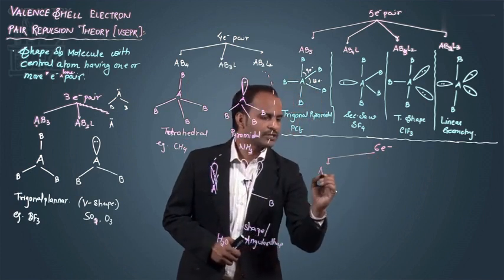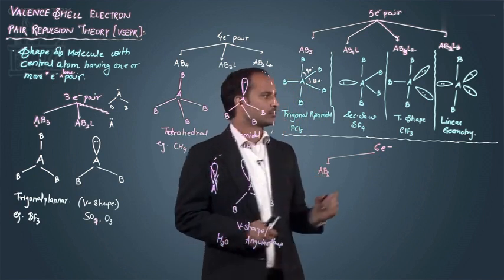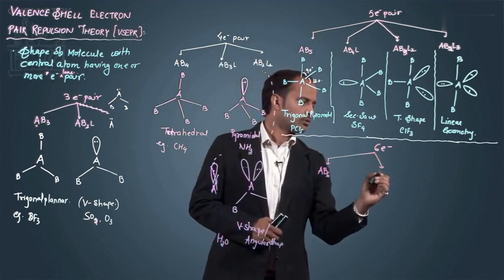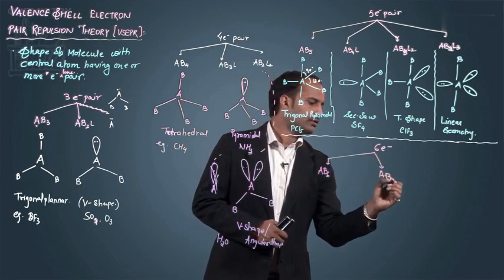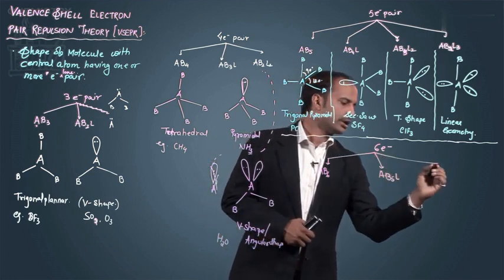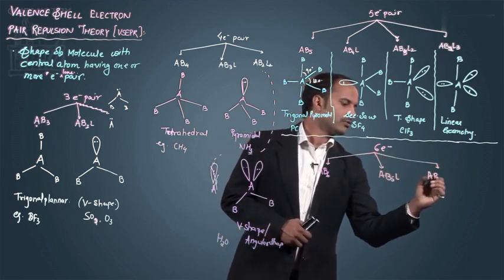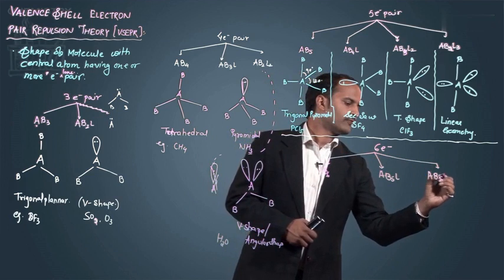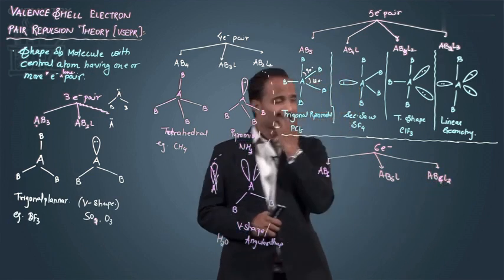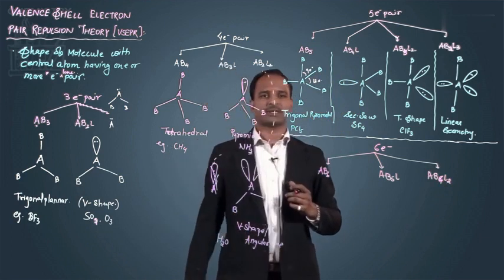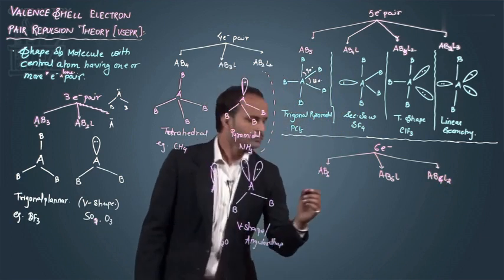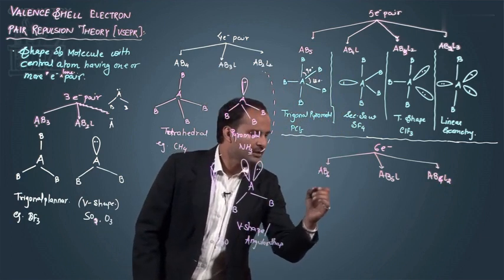Number 1, AB6. Number 2, AB5L. And number 3, AB4L2. If it is AB6, then the geometry is